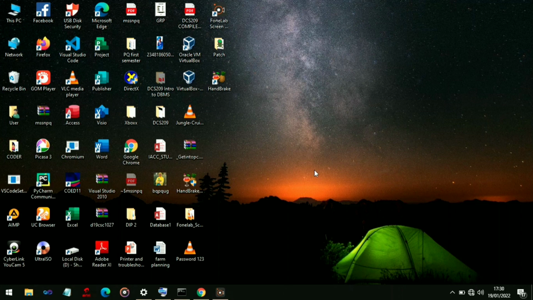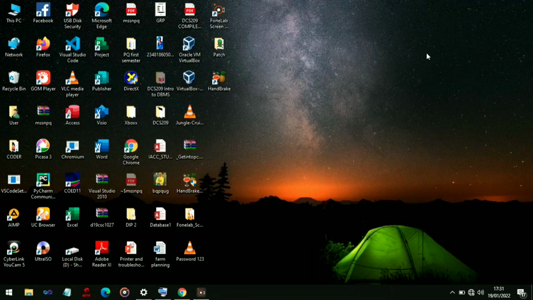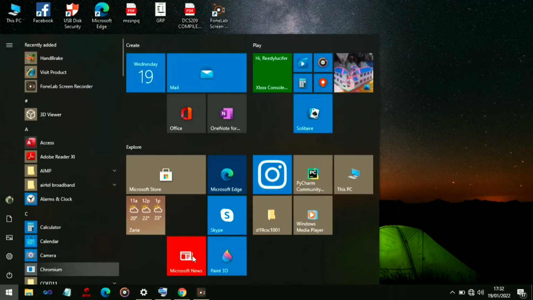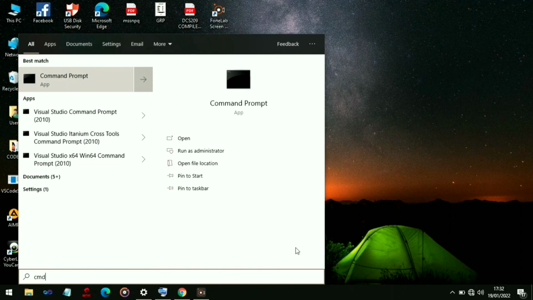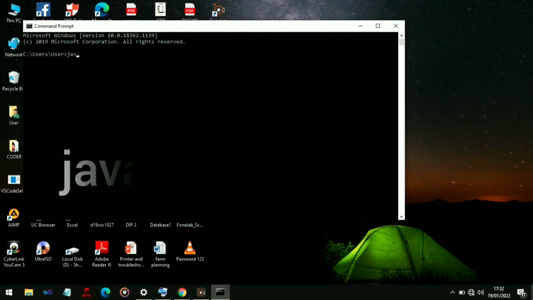To wrap it up, let's check if our computer is truly up and running for Java. Once again, we will open the CMD and run the command we ran earlier. While trying this for the second time, make sure you close all pre-opened command prompts. So let's go ahead and close this one that we opened earlier. Now let's open a fresh one again. Click on this start icon and type CMD. Click on open and type java